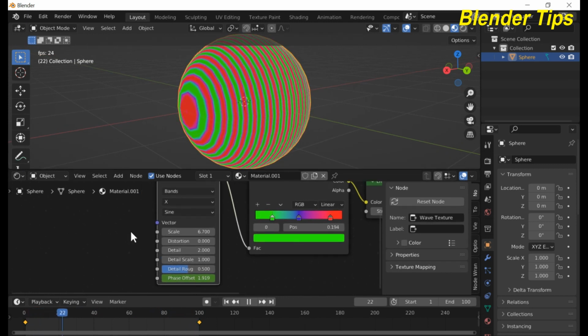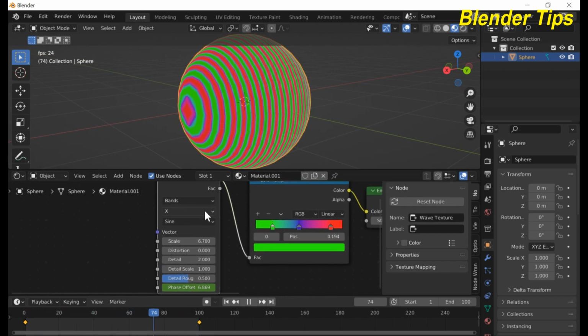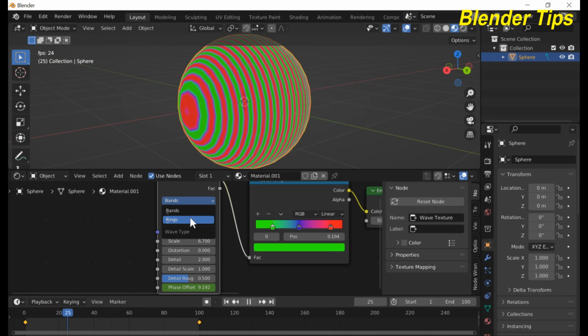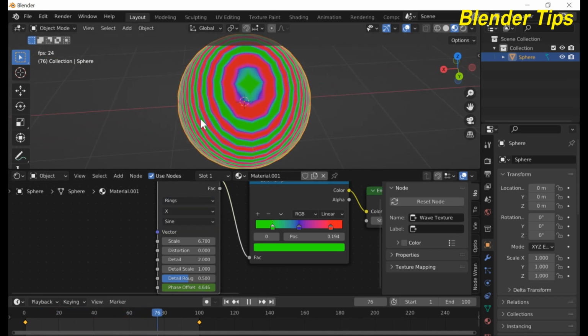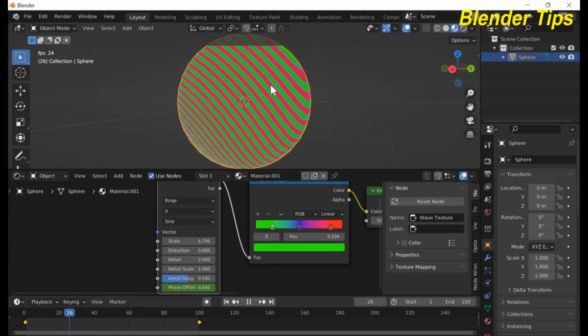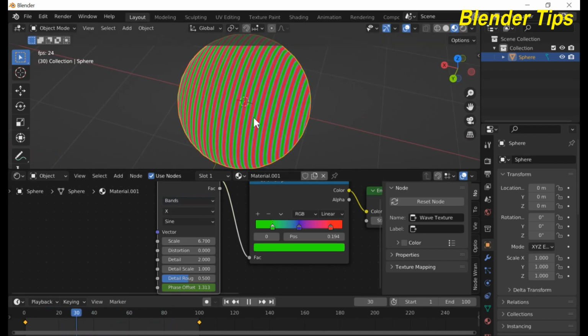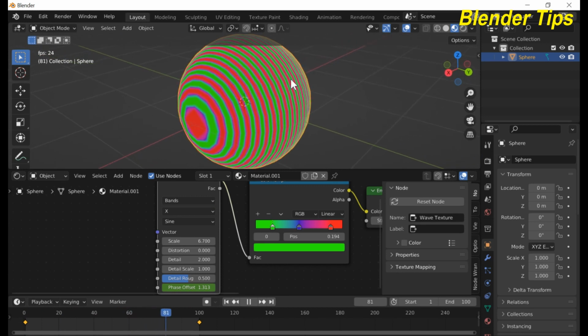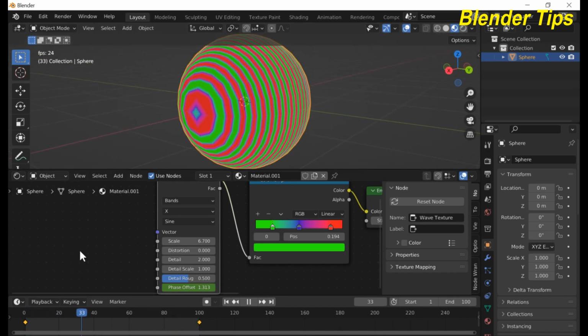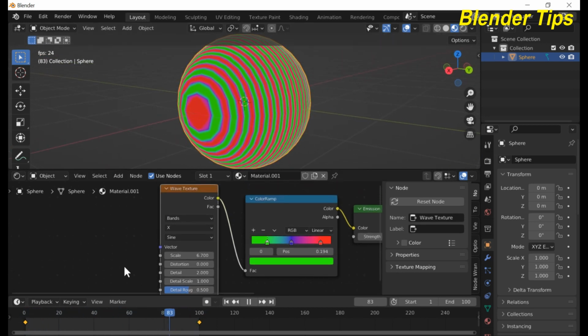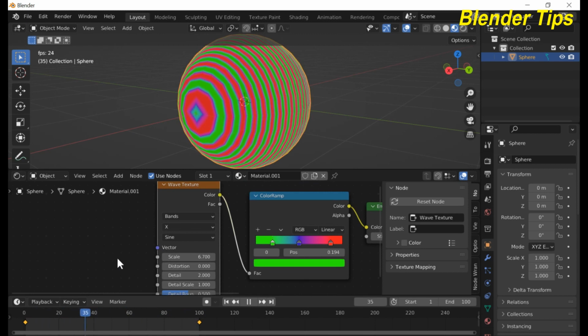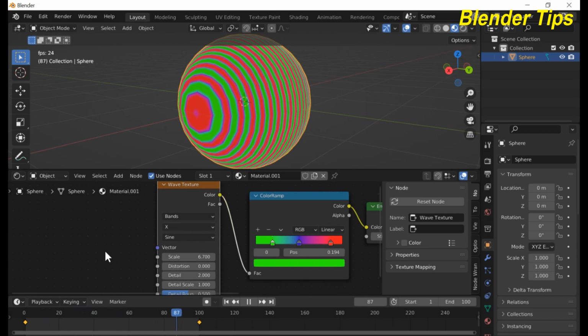So here we can change the rings instead of bands. So I select bands again. Nice. And if I here add another texture, a noise texture,